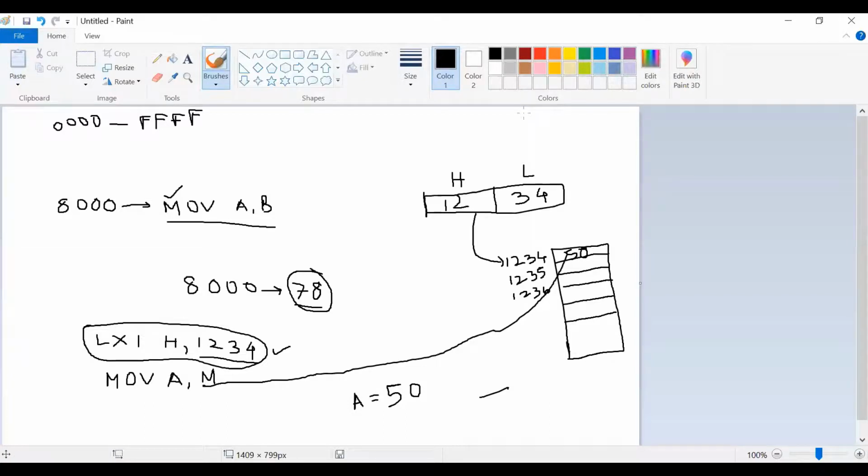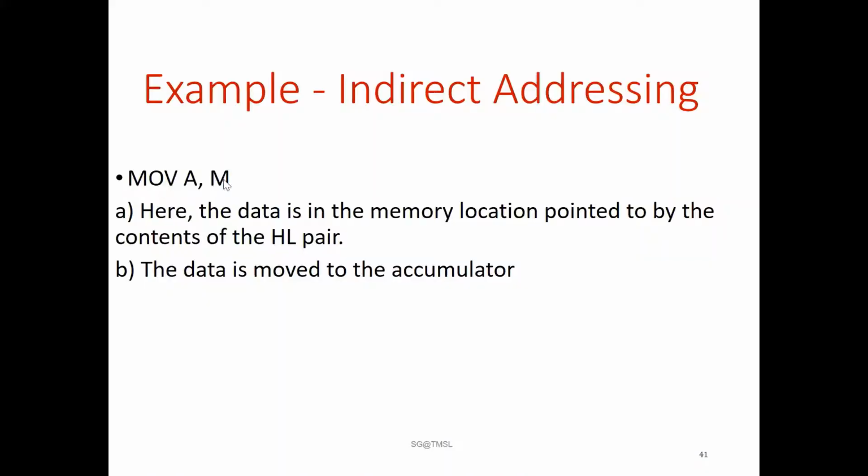That's why these MOV M related instructions are in this category, indirect addressing mode. MOV A, M means the data is in the memory location pointed to by the contents of the HL register pair. The data is moved to the accumulator.